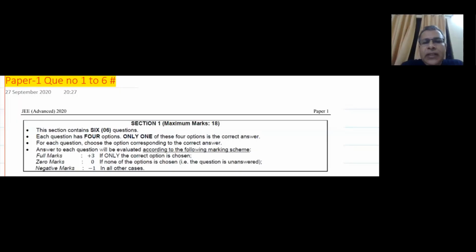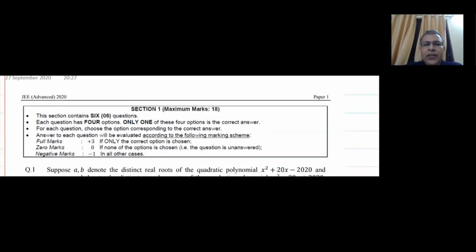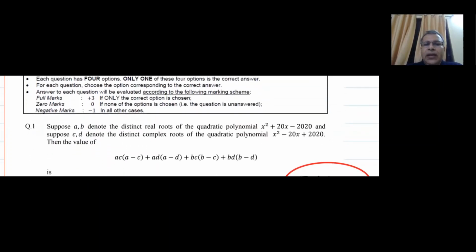Now see section 1 of paper 1. In this section there are 6 single correct questions, and for each correct answer you get plus 3 marks, for a wrong answer you get minus 1 mark, and if none of the options is chosen, the question is unanswered, that is, you get 0 marks. So the first question is,